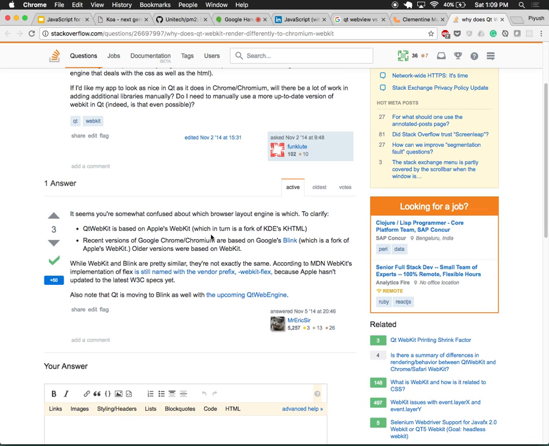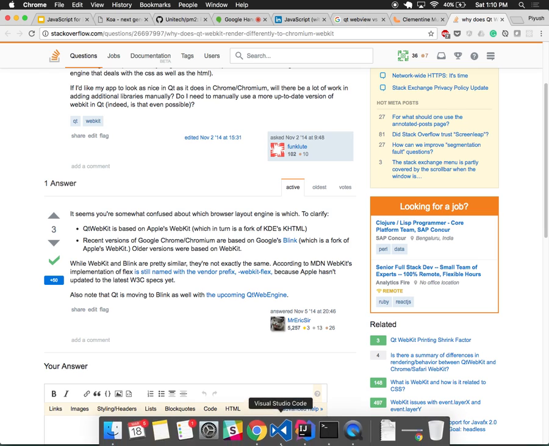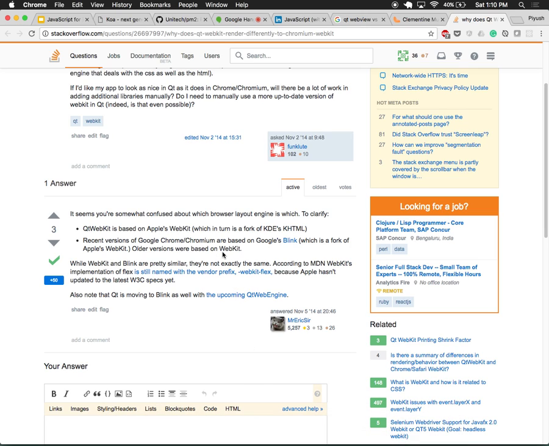Apple's WebKit, and the Google version is Google's Blink. So it's still Apple WebKit. But can you update that Qt WebKit in a given version of Qt separately?